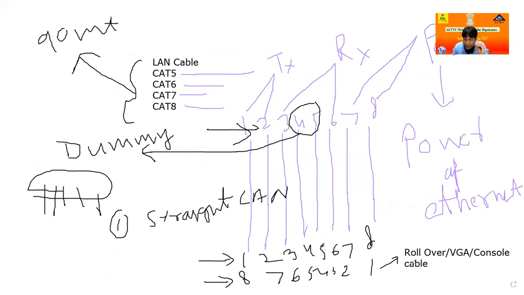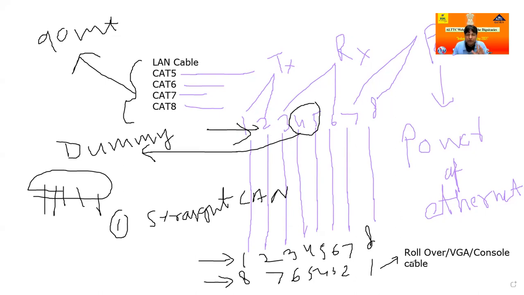What is the purpose of the VGA cable? Again, I repeat in one single line: this cable is not used for communication. This cable is used for display purposes and login purposes. If I want to do anything on my computer screen, anything I type, that is the help of the VGA cable. Everything you can see on screen. So this is the display. You can say login, you can say configuration.